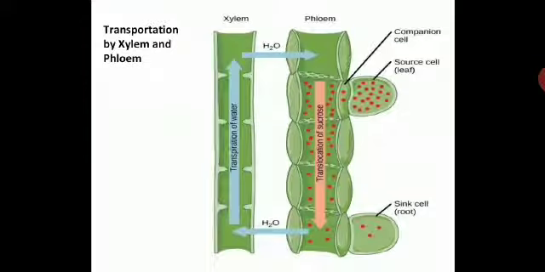We were discussing the xylem and phloem, so I hope you will have drawn this diagram. If you have not drawn this diagram in the previous session, kindly draw it, because these are the important tissues, made of cells, which help in the transportation of water and minerals in the various parts of the plants. I hope you have drawn this.